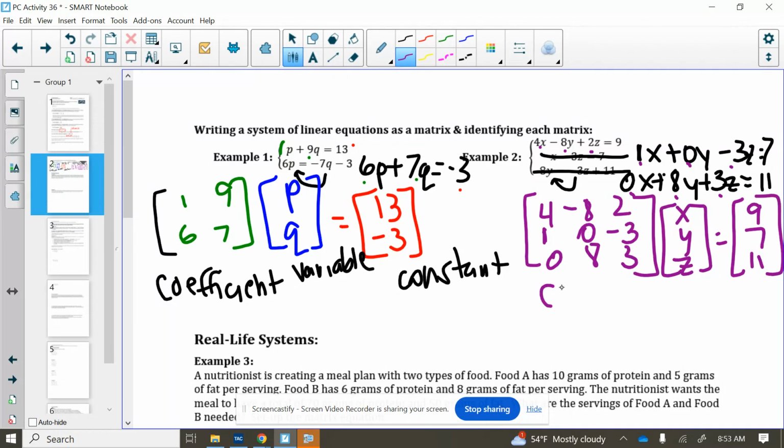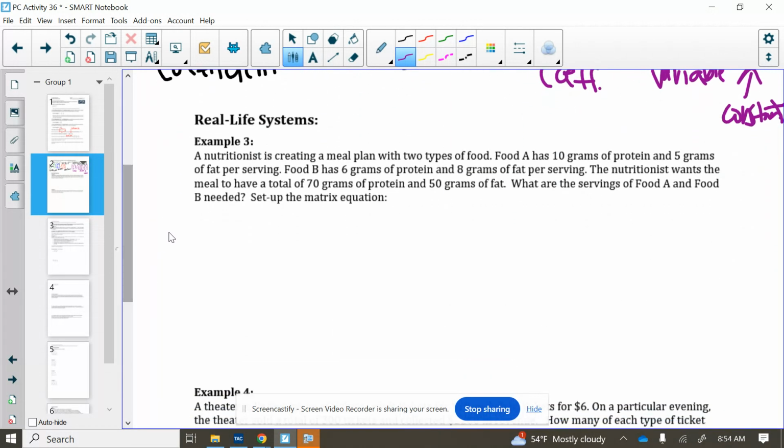And again, we have the coefficient, the variable, and the constant matrix. Now, we also want to be able to set up a systems of equations when necessary and represent it then as a matrix. So if we read through this, we have a nutritionist who is creating a meal plan with